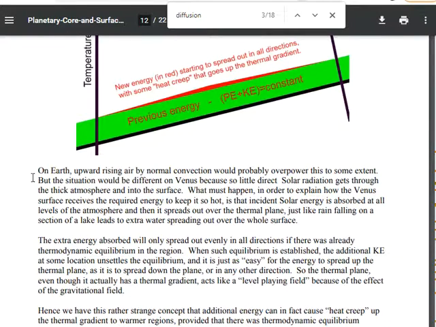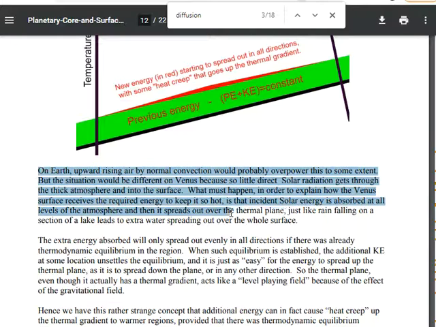The heat's going to transfer around, so overall throughout the atmosphere. On Earth, upward rising air by normal convection would probably overpower this to some extent, but the situation would be different on Venus because so little direct solar radiation gets through the thick atmosphere and into the surface. What must happen in order to explain how the Venus surface receives the required energy to keep it so